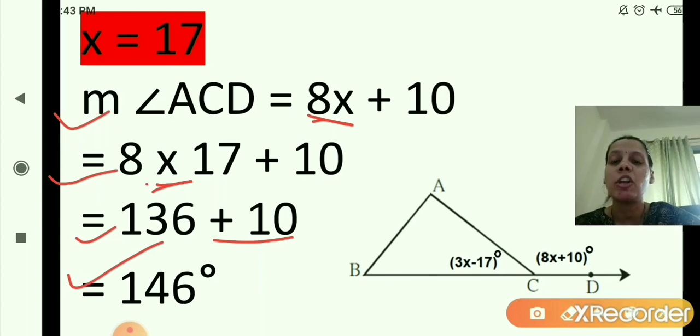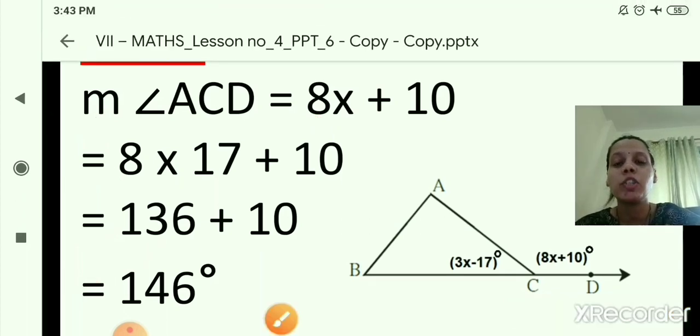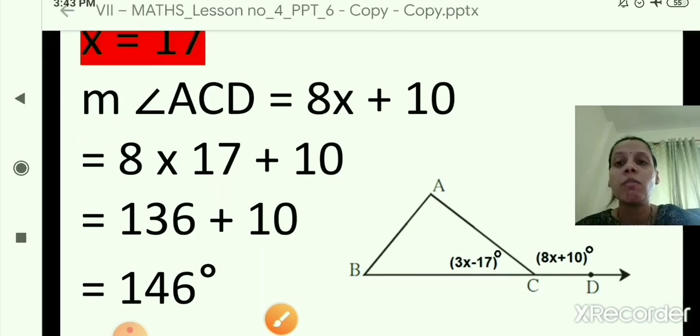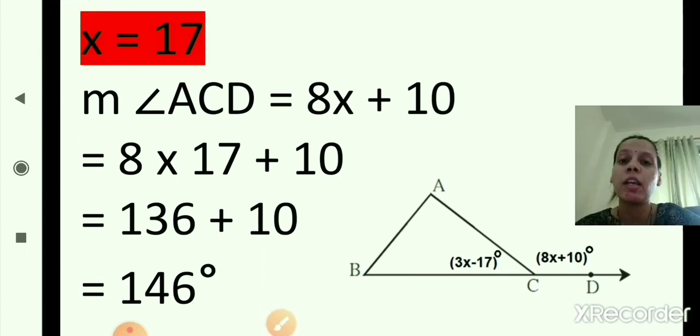So what is the measure of angle ACD now? The measure of angle ACD is equal to 146 degrees. Yes, I hope you are clear till here. Now what do we need to find out more? What is given in the question? We have to find out the measure of angle A and the measure of angle B. So the next step is,